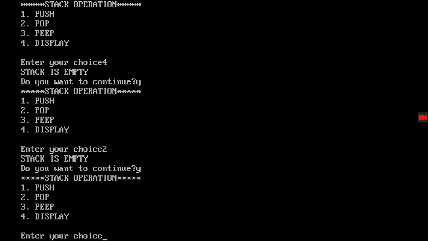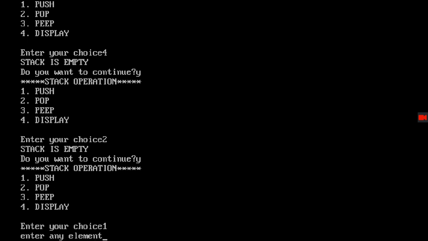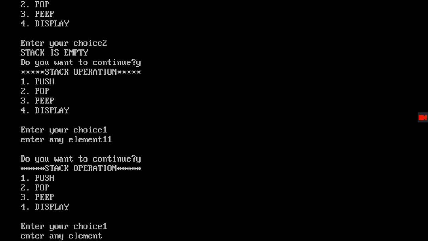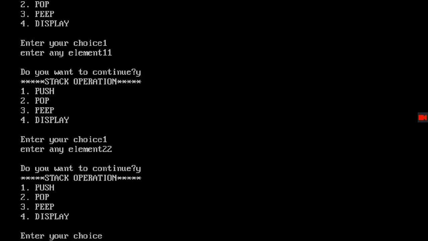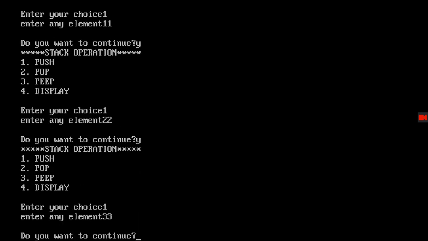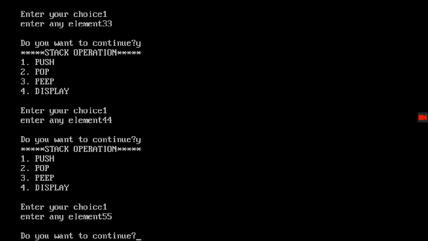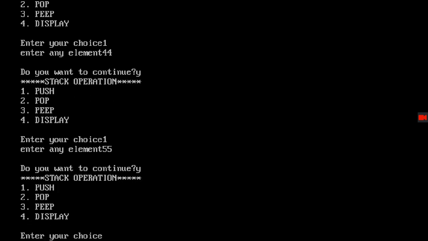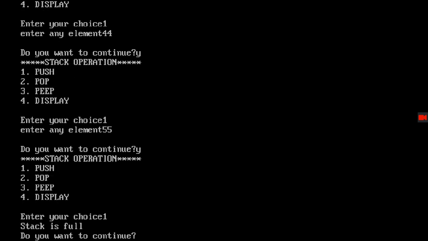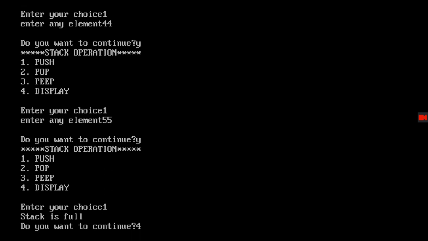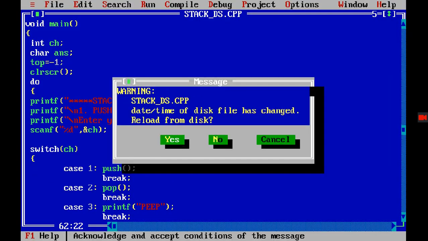Yes. Now if I insert 4 or 5 elements, first is 11, yes, 1, 22, yes, 1, 33, yes, 1, 44, yes, 1, 45. Now if I want to add more, then stack is full. That means I have entered all the 5 elements. If I display it, oh sorry, again I need to do it.